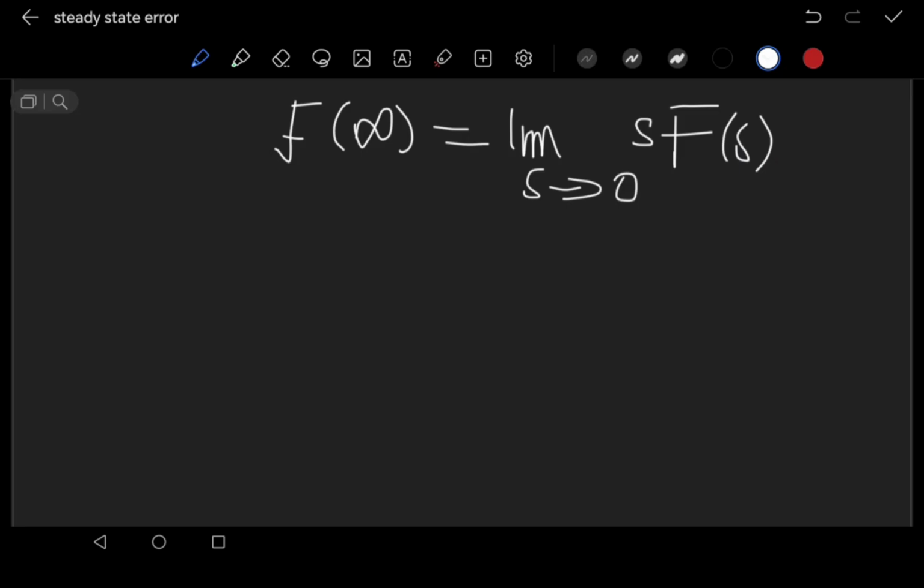As you can see, this is basically f(∞) equals the limit as s approaches 0 of s F(s). Now, when the steady state error is in terms of T(s),